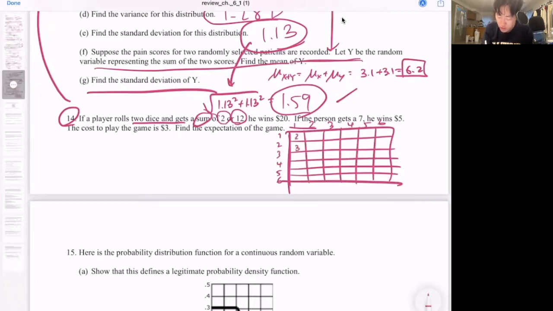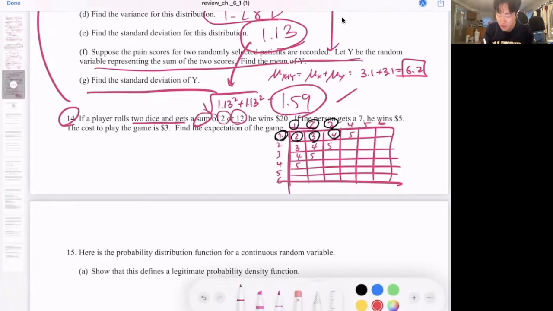2, 3, 3, 4, 4, 4, 5, 5, 5, 5. If you're wondering what I'm doing, I'm simply taking 1 and 1 and adding them. 1 plus 1, 1 plus 2 is 3, 1 plus 3 is 4, and so on, and I'm filling in all the blanks. Yes, please trust me when I say that there is a purpose to this.